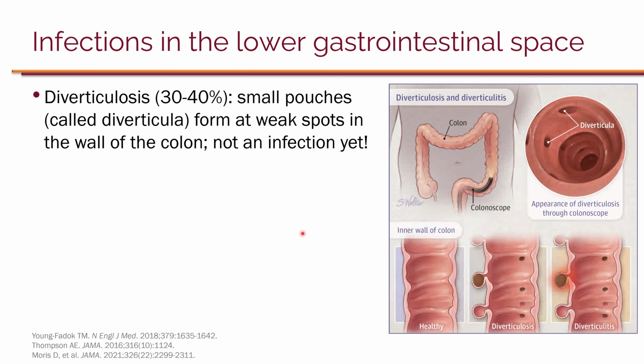Now, infections in the lower gastrointestinal tract. So let's focus on the colon. So essentially, in a healthy person, this is what the colon looks like. Diverticulosis develops in about 30 to 40% of the population, and the risk goes higher as people get older. Essentially, there are small pouches that can develop in the colon. These are called diverticula, and they form at weak spots in the walls of the colon, but they're not